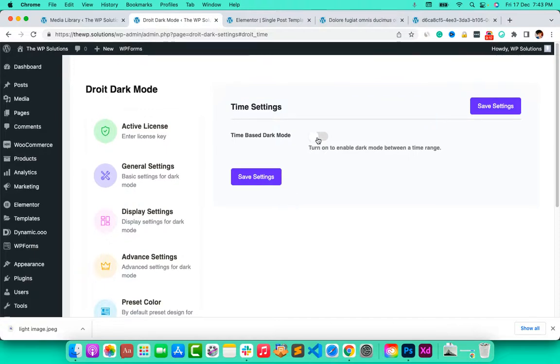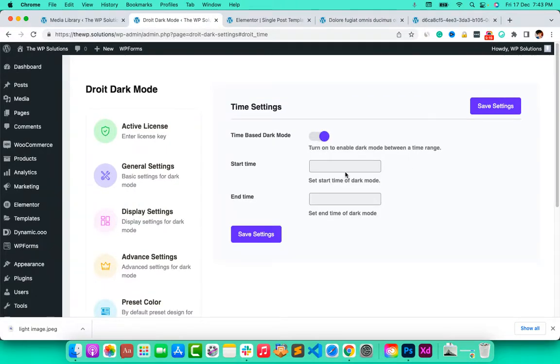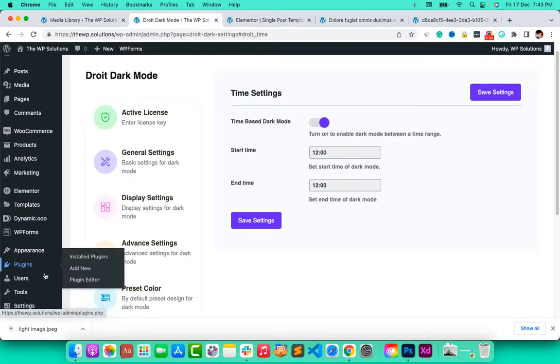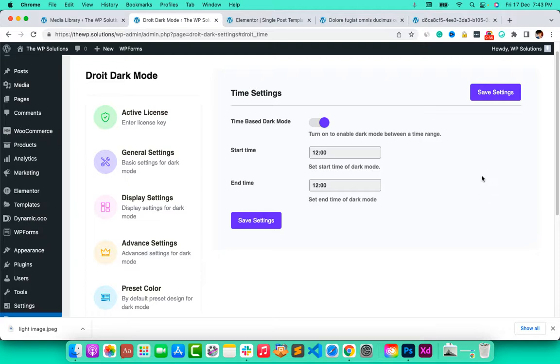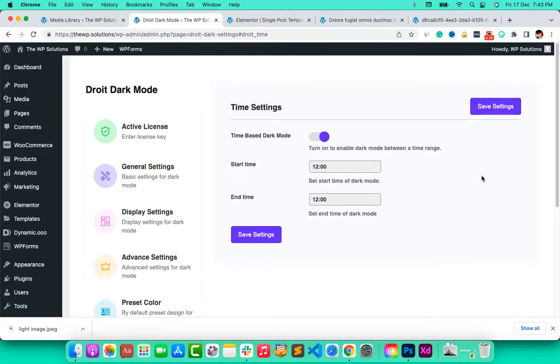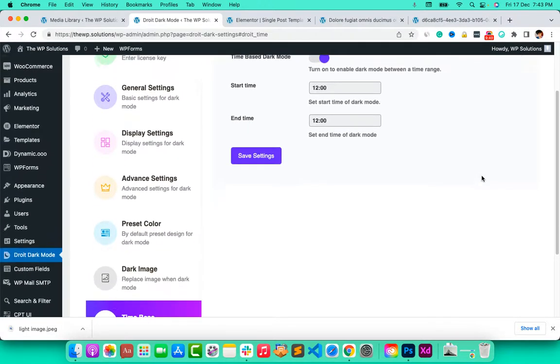So you can enable dark mode between a time range. You can set the start time and end time. So for example, if your website visitors are from any location, you can set the time based on your location, and you can set the same time mapping in your settings in general. Okay, and time zone, so it would work for that purpose.